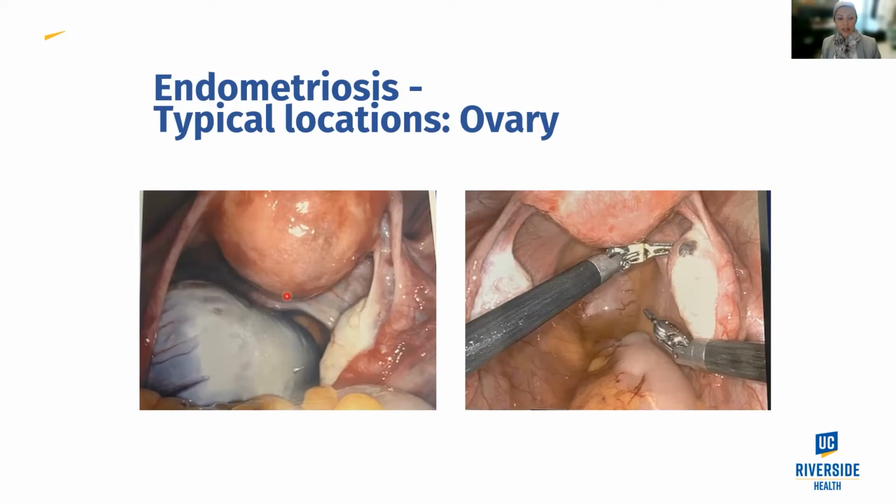And so one of the biggest concerns with endometriosis of the ovary is egg quality, because the endometriotic fluid, that blue tinge that you see to the ovary, is causing a lot of inflammation around the entire ovary. So even if you're able to get eggs out of that ovary, those eggs are probably not going to be of really good quality.